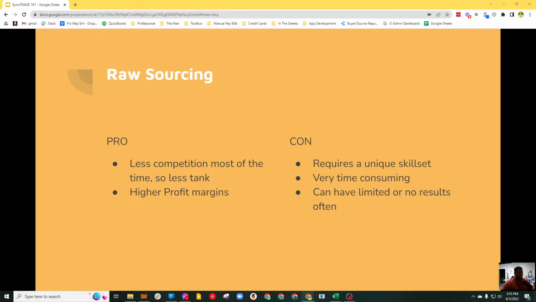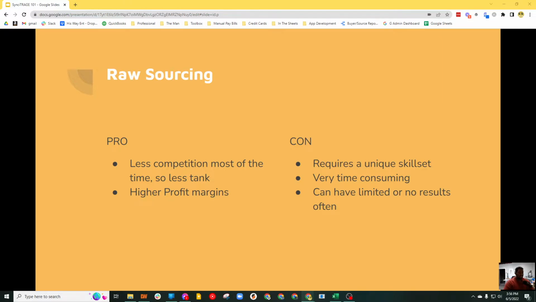You can look at BrickSeek. You don't need SynciTRAGE to look at BrickSeek, and you can monitor the online markdown feed and find profitable leads that way. You can go to Keepa Deals and find profitable leads that way. I like to call them honey hole websites, smaller, more niche websites that maybe not a whole lot of people know about, or maybe Tactical Arbitrage doesn't work for, and manually source those sites. I've done all of these, and I continue to do some of them. I love raw sourcing, but there are some pros and some cons to it. So the pro is we have less competition because it takes more effort.